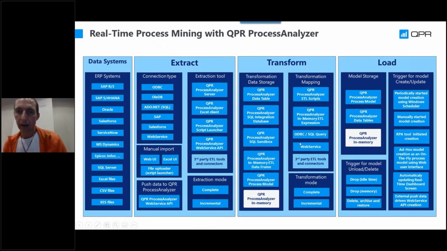Okay, so the transformation tools, and of course you can also use your own ETL tool for the transformation. And again, in the transformation, you can do the transformation for the whole complete data set that you have now available, or just do the incremental part of the new data. And when this transformation is done, you get the events and cases, and then you will be loading the model, and there are